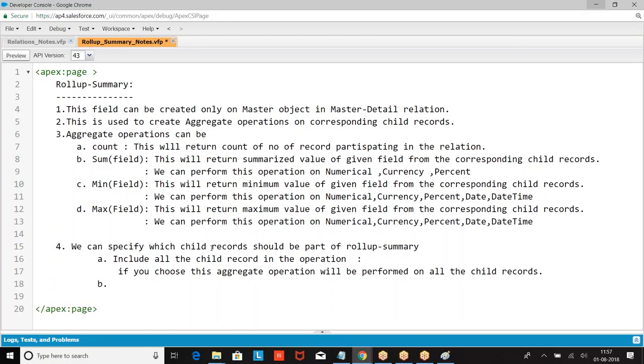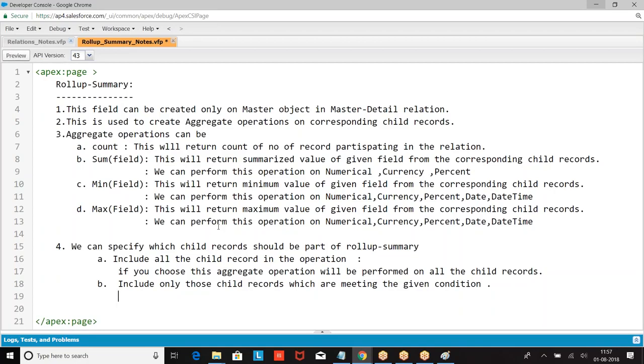Now, if you don't, it says include only those child records which are meeting the condition. So we can give a condition.